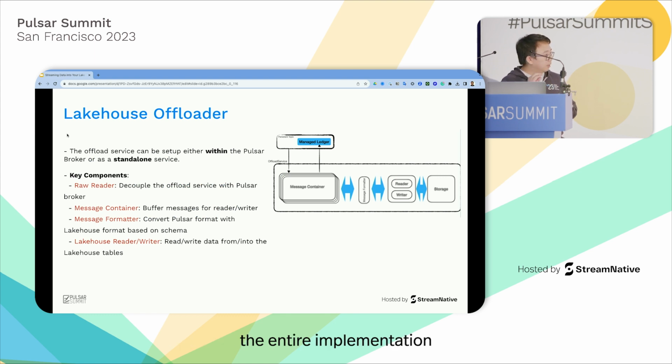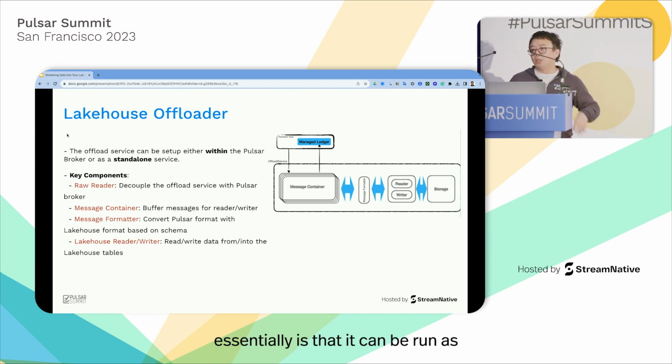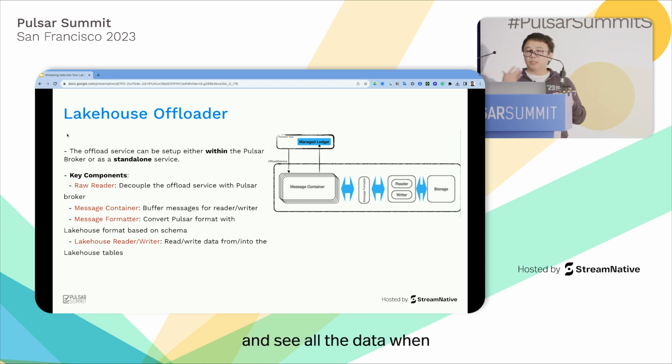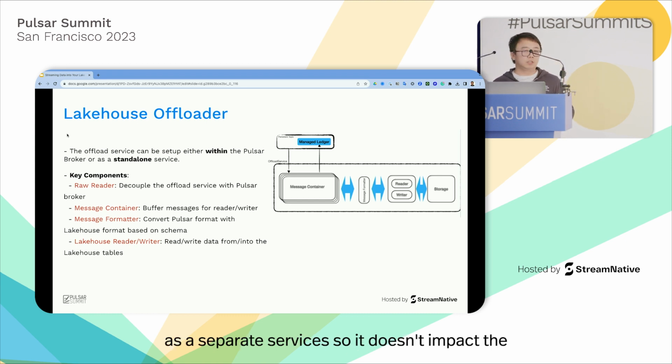The entire implementation is done through a Lakehouse offloader. What the offloader essentially is, is that it can be run as part of a broker. So when the broker receives the data, it can stream the data directly to the Lakehouse and seal the data when the broker rolls over to the next ledger. It can also be run as a separate service. If you're running on Kubernetes, you can move the entire offloading service to a separate service so it doesn't impact